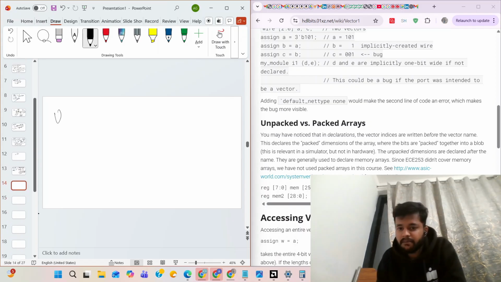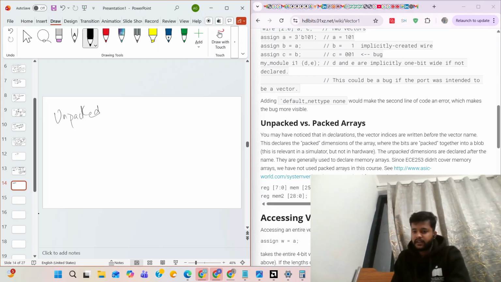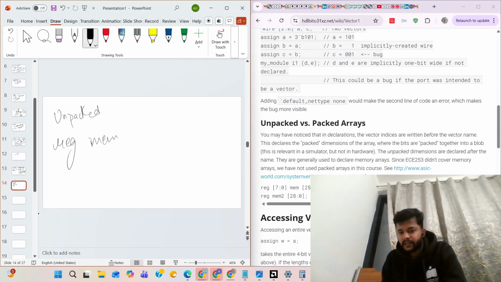And what do you mean by an unpacked array? When you are declaring an array, let's say you declared a reg, you are declaring a memory, with the range 8 down to 0.